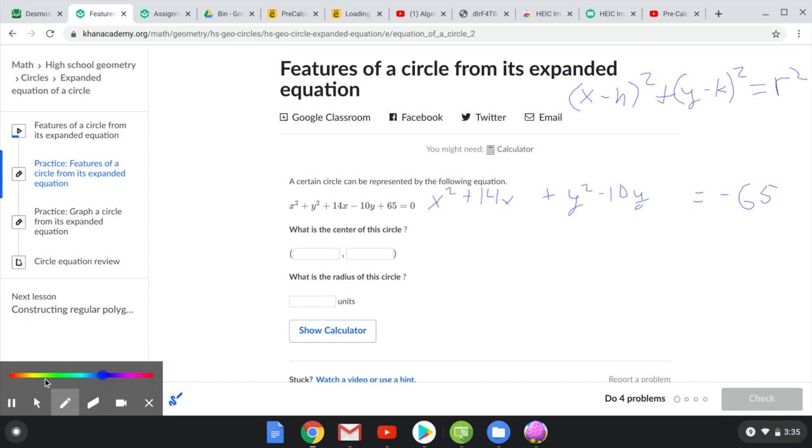So in my next line, I'm going to change color. In my next line, I'm going to have x plus something squared. I'm going to have y plus something squared. So I need to figure out what my something is. So if you remember back to parabolas when we learned how to complete the square, we figure out what we're adding by dividing this middle number by 2, because we're trying to create a perfect square trinomial, which is in the form of a